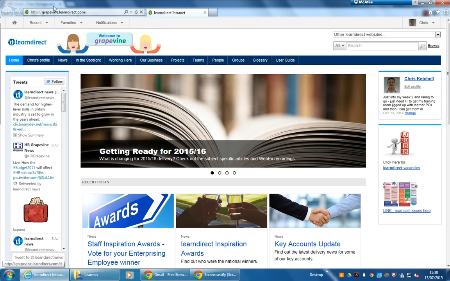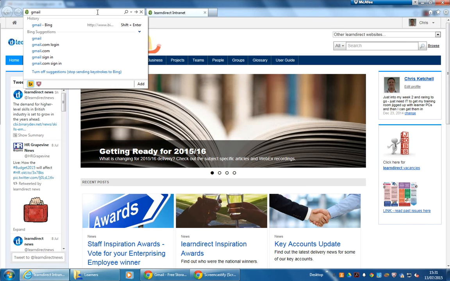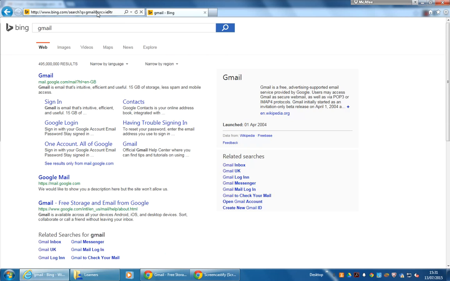First of all, you need an internet window open. Any internet window will be fine. This one's great. Just click at the top, delete whatever's in there, and just type. You'll need an email address, which I'll provide you with. I'll show you where the last part of your email address is, and it does vary. Mine's Gmail, so I'm just going to write gmail.com. Just type Gmail or Hotmail or Yahoo, whatever, in there, and press enter, and it will search for a sign-in